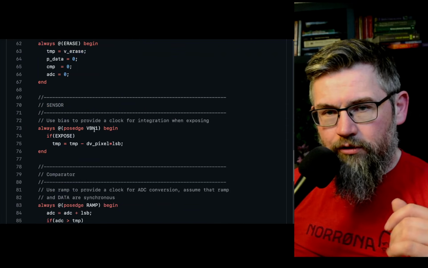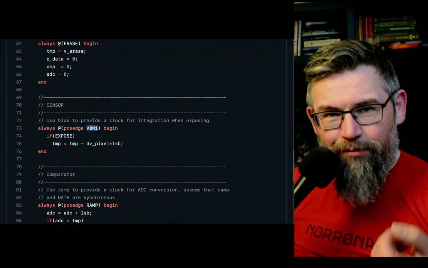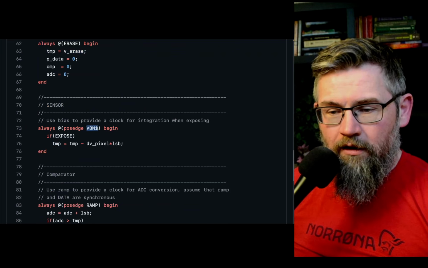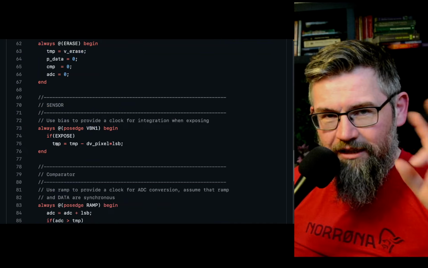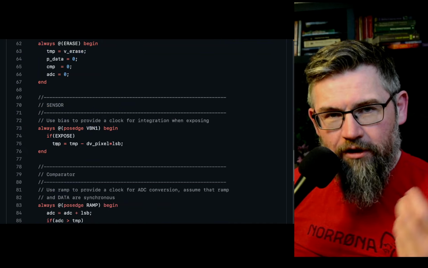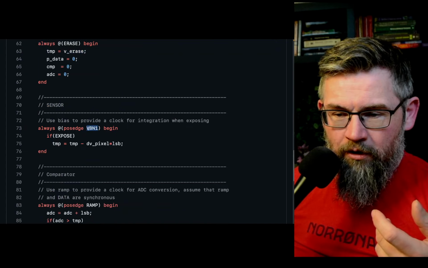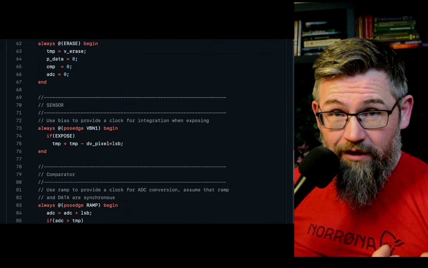Now in this case, the way I chose to do it is actually to provide a clock, because we need something to be put into the event queue. And in this case, if we use a clock on the VBN, then I can emulate what happens every single clock period. The clock is here not a digital clock. It's just something to make things happen. So if we get a pulse edge on the VBN signal, which in the real world is the bias signal to the NMOS,